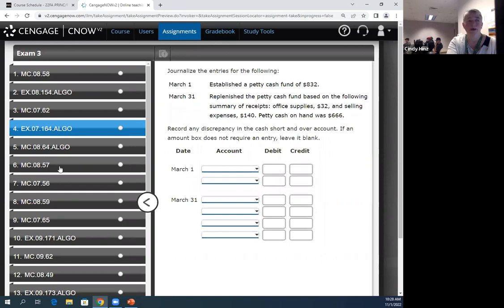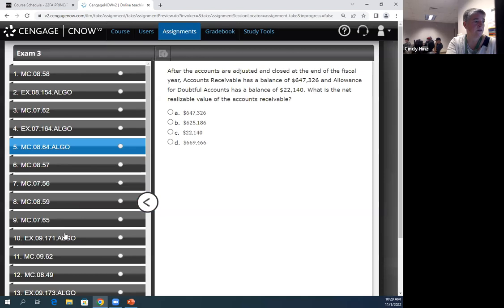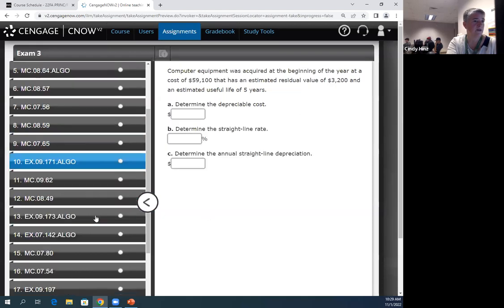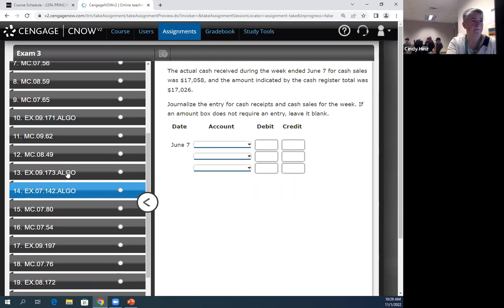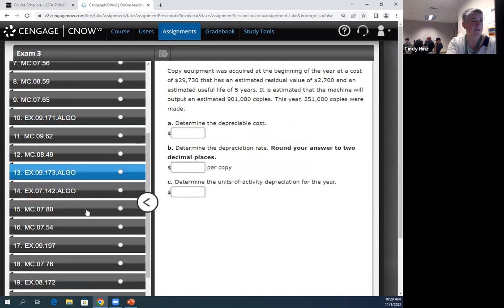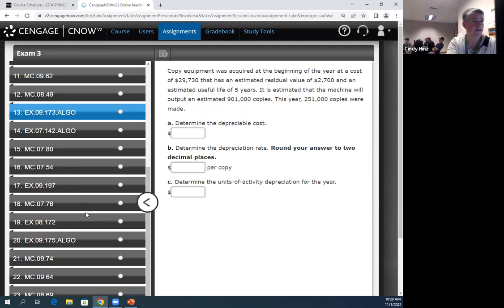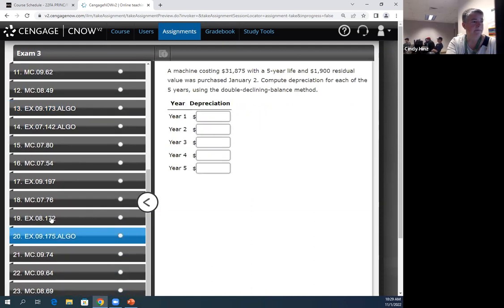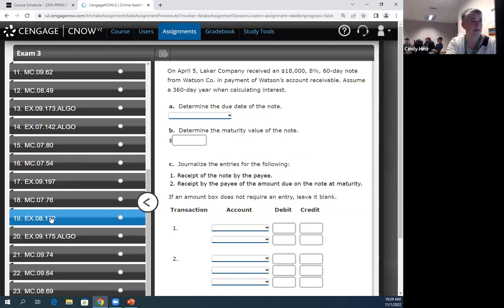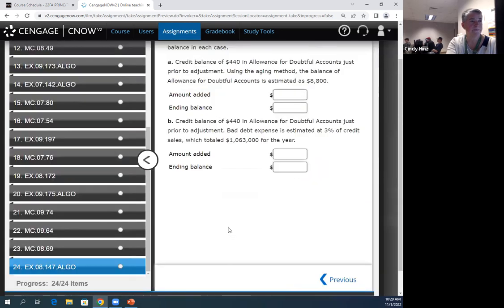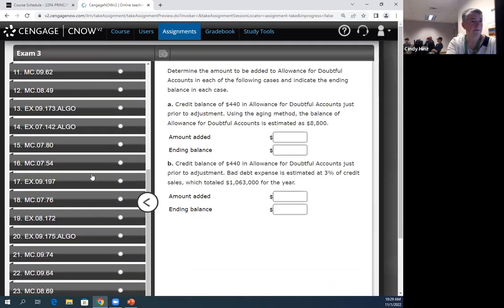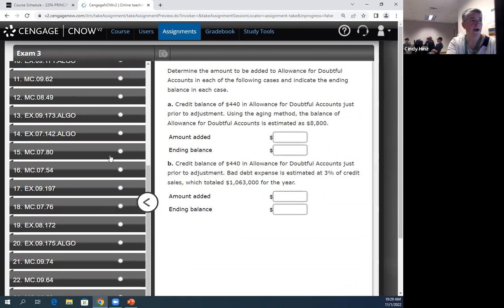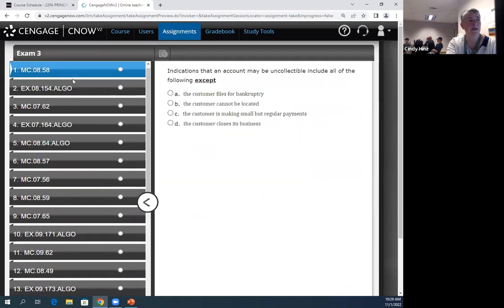And so you've got petty cash questions. You have questions about calculating depreciation, cash receipts, more depreciation, different method there. More depreciation, different method, notes receivable, and a question about using the allowance method for uncollectible accounts. And so, excuse me, looking at those, you can see that the exercises on the exam very much mirror